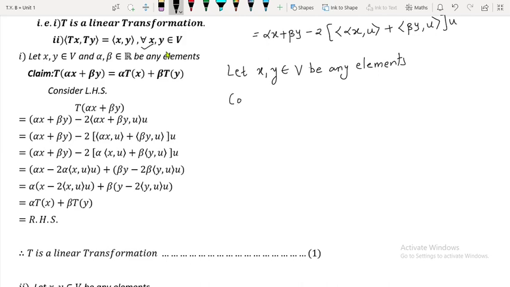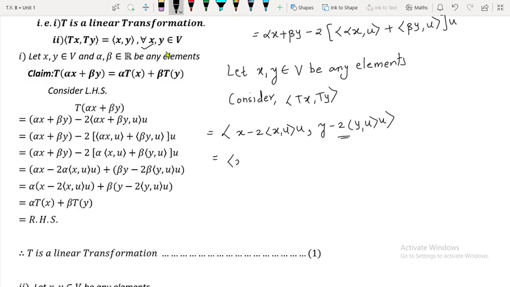So what I will consider is the inner product of Tx with Ty. Put the value of Tx and the value of Ty. Tx is x minus twice inner product of x with u, outside it is u, comma, y minus twice inner product of y with u, outside it is u, which is further equal to, what we will do is, first of all keep the second coordinate fixed and distribute the first coordinate of the inner product.